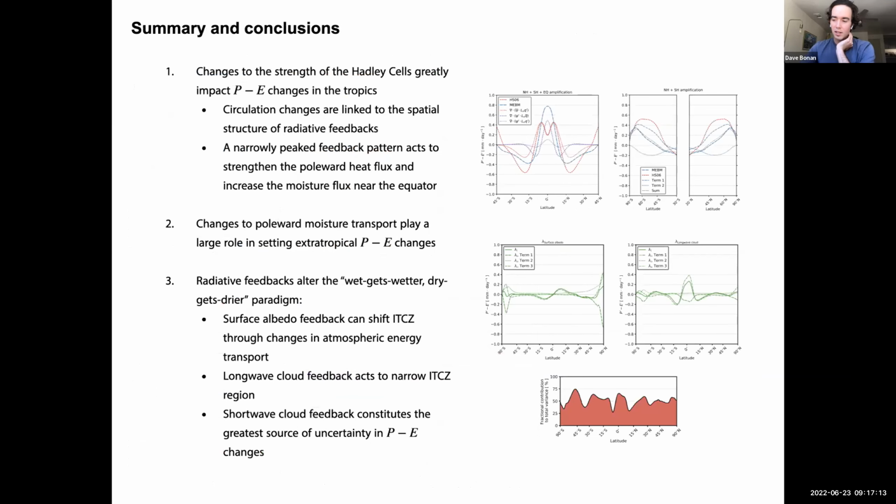Just as a quick summary of what I've shown here: changes in the strength of the Hadley cells greatly impact P minus E changes in the tropics. These circulation changes are linked to the spatial structure of the radiative feedback. A narrowly peaked radiative feedback pattern acts to strengthen the polar heat flux locally and then increase the moisture flux on the equator. We also talked about how polar moisture transport changes play a large role in setting P minus E changes. And then I was illustrating how radiative feedbacks alter the wet gets wetter, dry gets drier